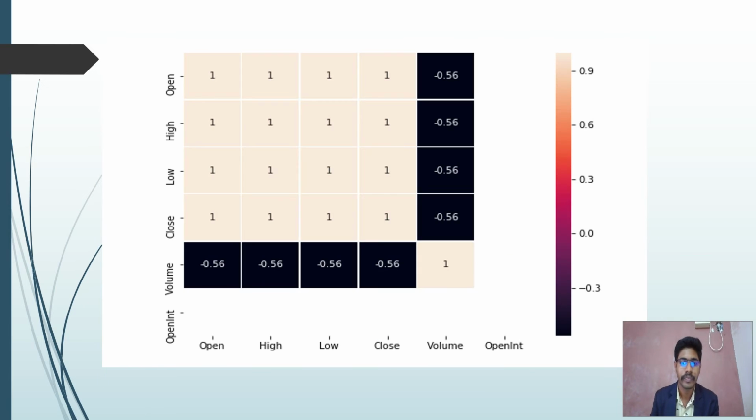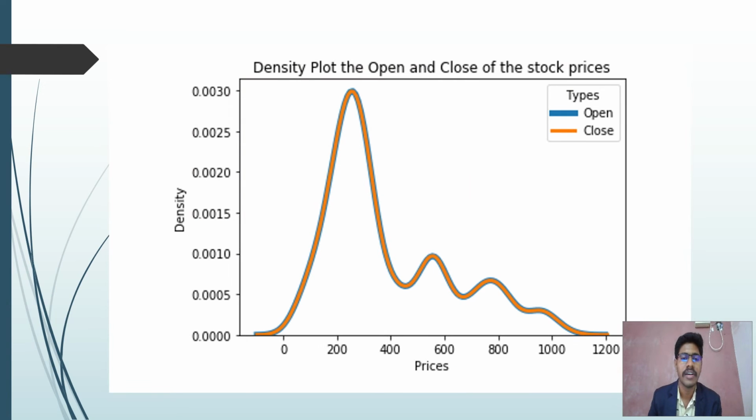Okay. This is a heat map. A heat map is also called a cross map. You can see one large bar here. There can be slight variation from minus 0.3 to plus 0.9. This is the value of the heat map. Next,